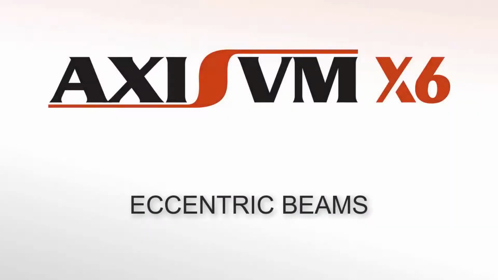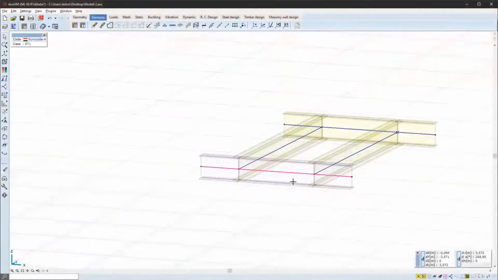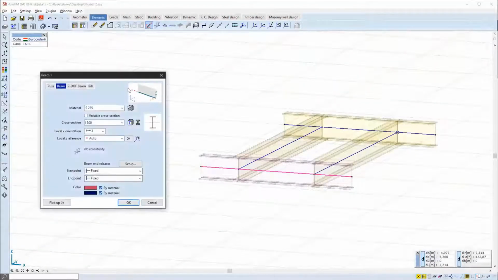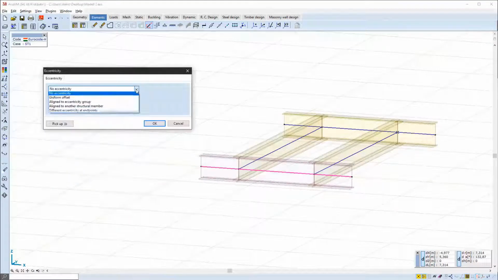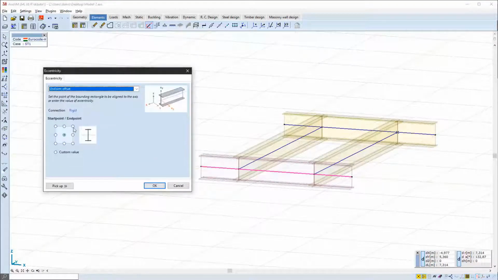Moving on to the eccentric beam functions. Now we have the option to define beams and ribs eccentrically to their logical axis, and this is available for line elements. The first type of eccentricity which is being shown currently is the uniform offset.